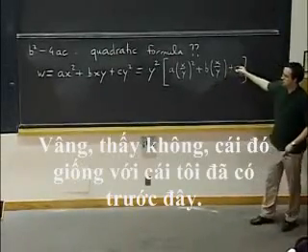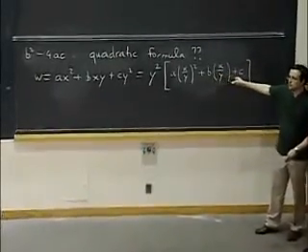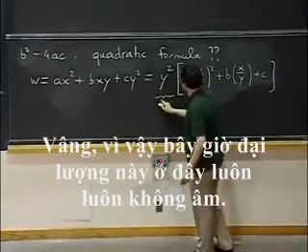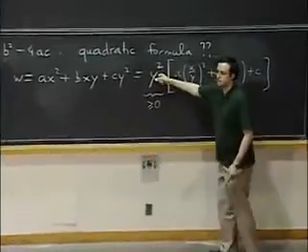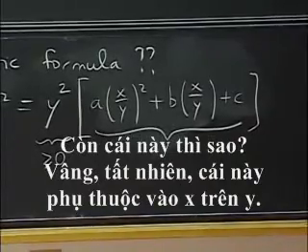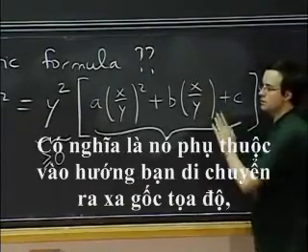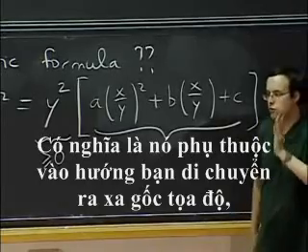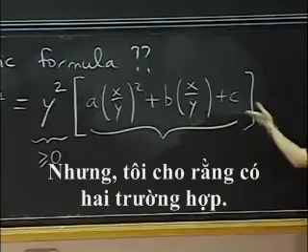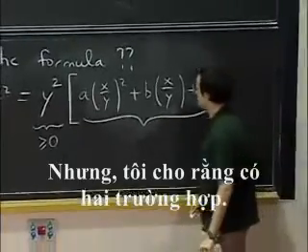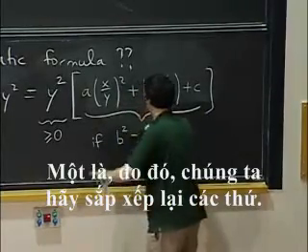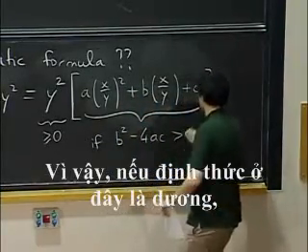That's the same thing that I had before. Now this quantity here is always non-negative. What about this one? Well, of course, this one depends on x over y. It means it depends on which direction you're going to move away from the origin, which ratio between x and y you will consider. But I claim there are two situations. Let's try to reformulate things. So if the discriminant here is positive,